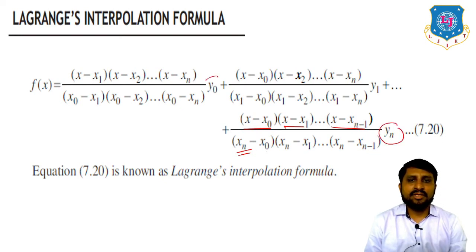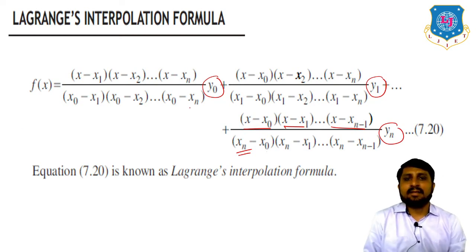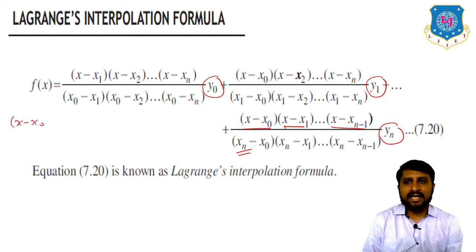In the first term you have to multiply with y0, in the second term you have to multiply with y1, in the third term you have to multiply with y2, okay? I hope you all can understand. Suppose you want to write the third term here. So in the third term, what is missing? x2, okay? x minus x0, x minus x1, x minus x2 is missing, x minus x3 up to x minus xn, and upon